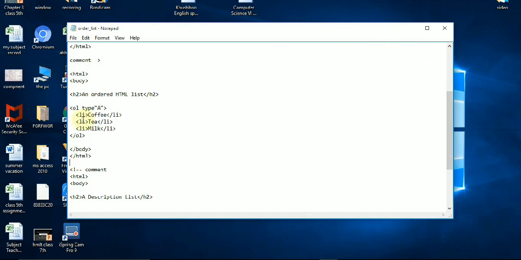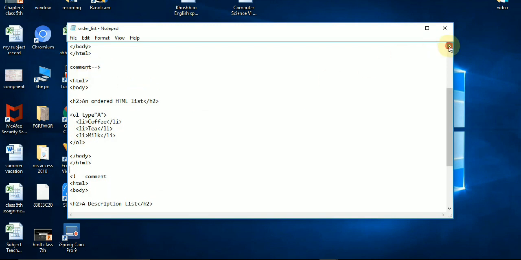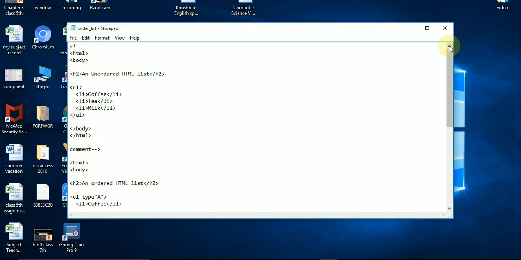Here I am using comments, because I am writing all the codes for the ordered, unordered, and description lists in one file. I write them with the comment tag, because anything inside the comment section will not be read or displayed by the browser.